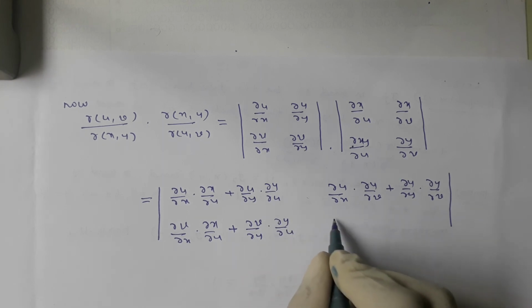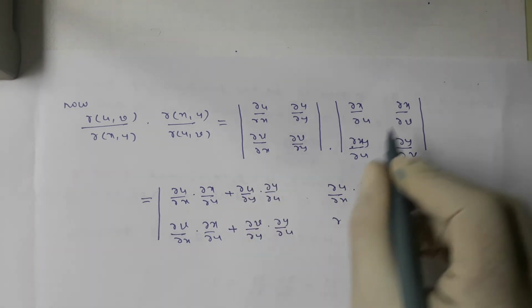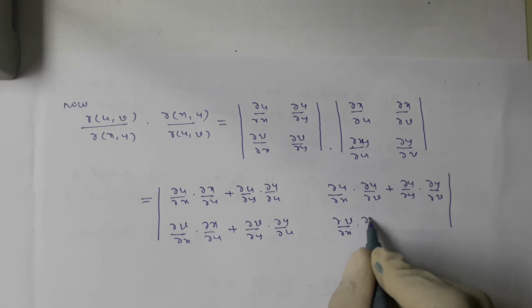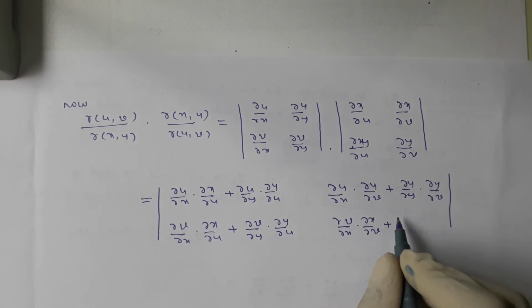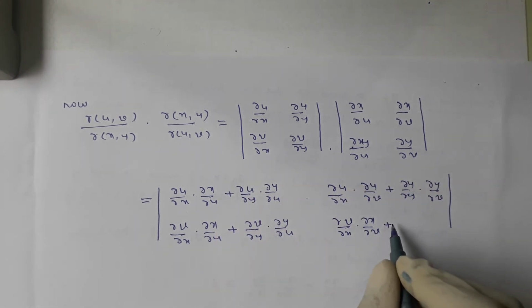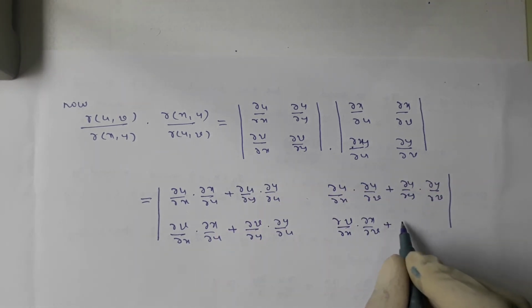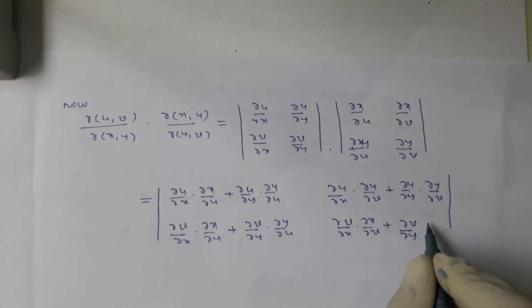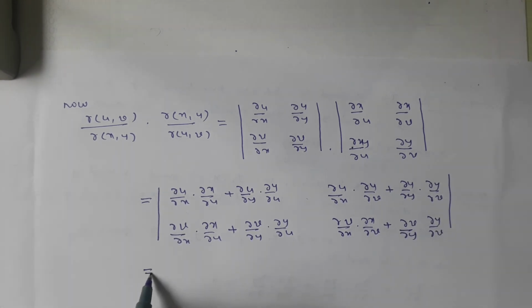Next, second row second column, dou v by dou x into dou x by dou v plus dou v by dou y into dou y by dou v is equal to,